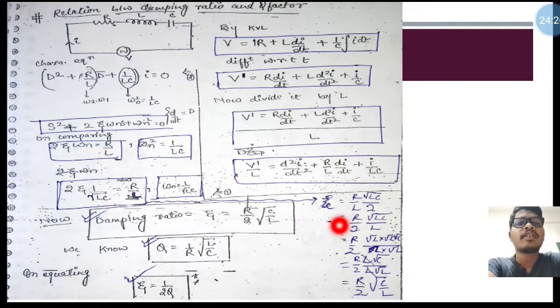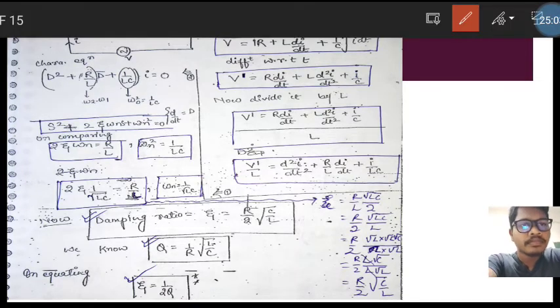So after taking this, we can calculate the zeta. So this is the solution of zeta. Zeta is equal to, take R divided by L on the right hand side here, so take L root over of LC and 2 on the right hand side, then root over of LC in the numerator, and 2 gets converted to the denominator side. So we get R divided by 2 and L here, and root over LC at the same place.